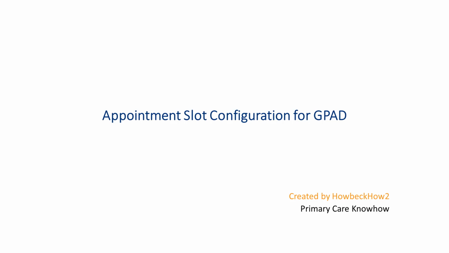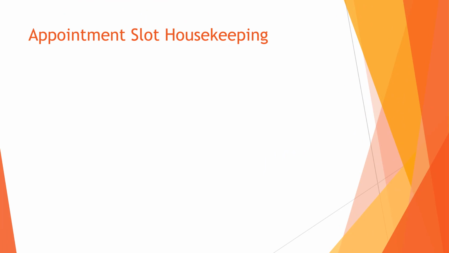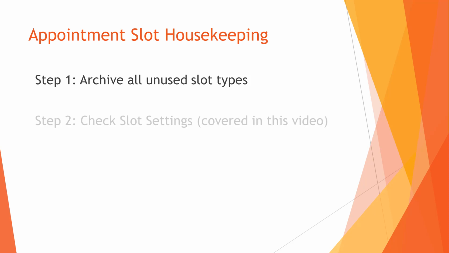With the introduction of the GP appointment data programme, which requires all appointment slot types to be matched to a standardised set of categories, there is a requirement for practices to undertake some appointment book housekeeping to ensure that the appointment slots are accurately reported on. Once you have archived your unused slots, as covered in the previous video, it is recommended that you check the